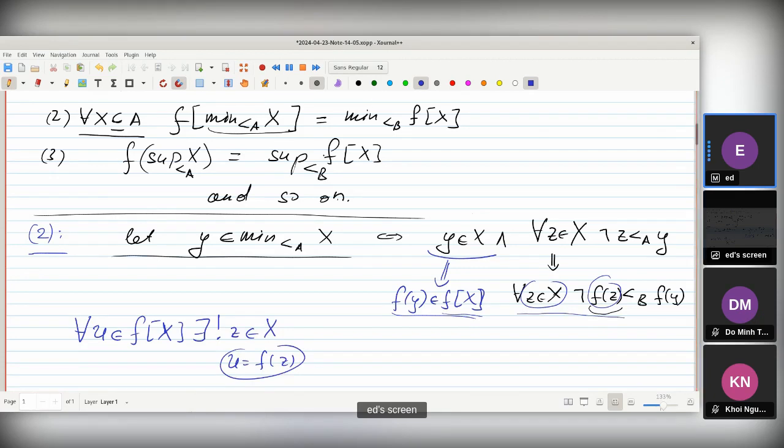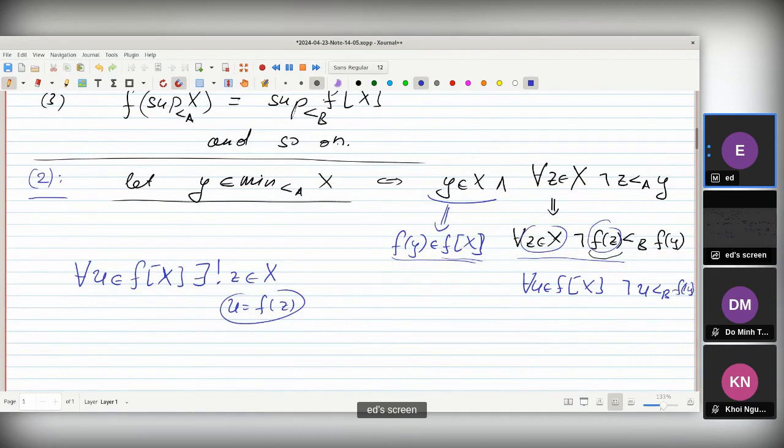So if it holds for every z from x, it appears that it holds for every u from the image, because every u from the image is expressible in this form. So no u here is less than f of y, but still f of y belongs to this set, and this is equivalent to the fact that f of y is a minimal element